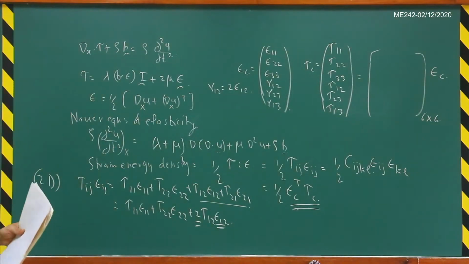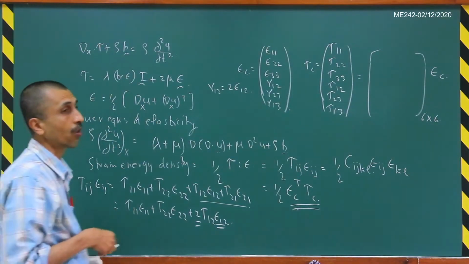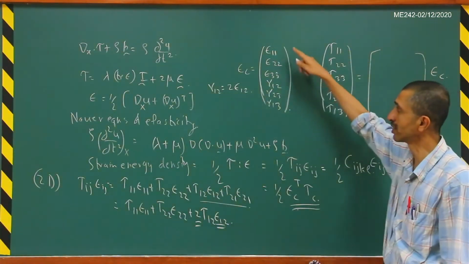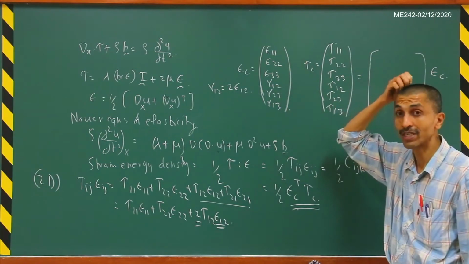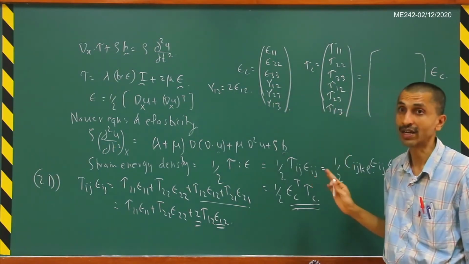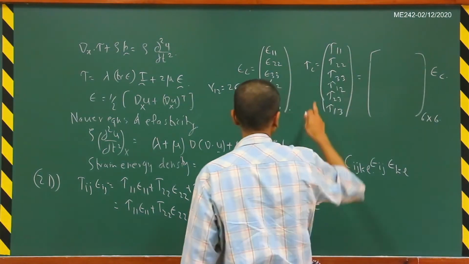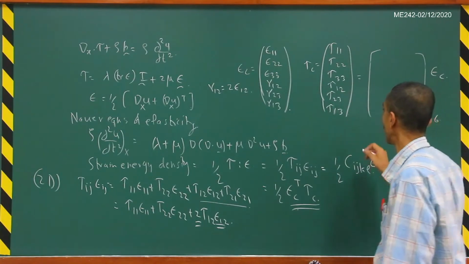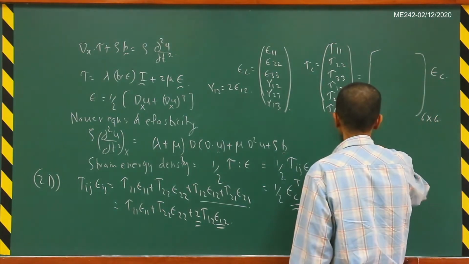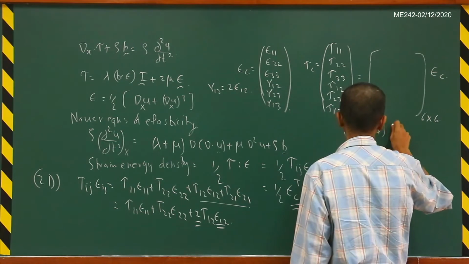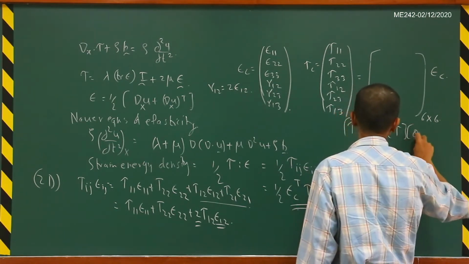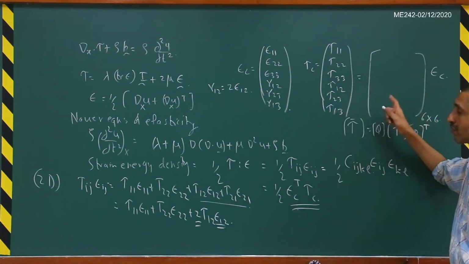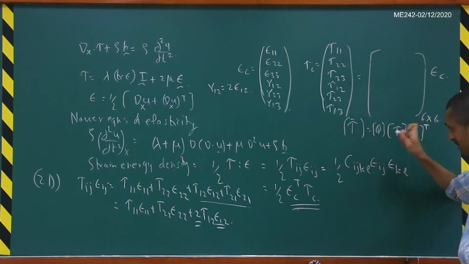One very important thing to remember here is that although we are writing the stress like a vector and also the strain like a vector, the transformation properties are still those of a second order tensor. Just because I write it like a vector doesn't mean that it becomes a vector. When you are transforming the stress, you still have to transform it as we discussed: q times tau times q transpose. The transformation of the stress from one coordinate system to another still follows the tensorial rule.